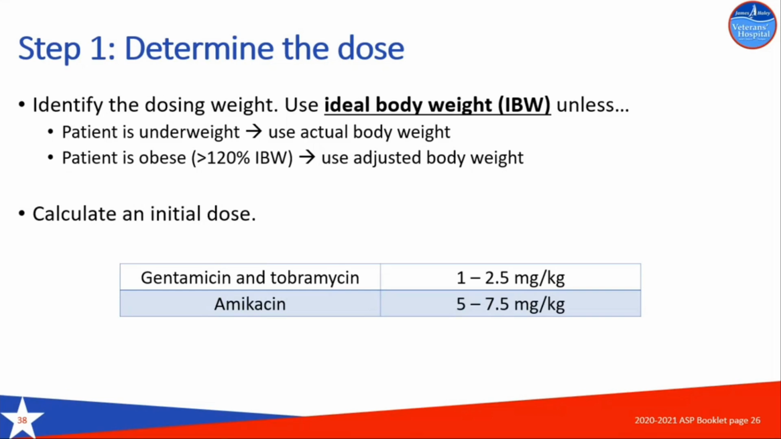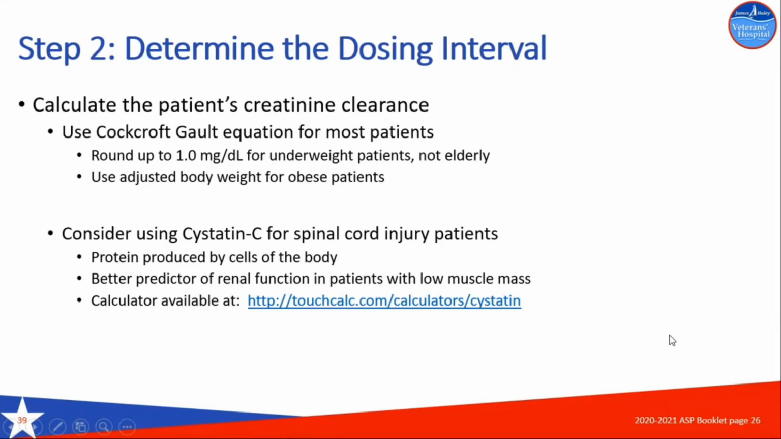When we calculate an initial dose, you're going to see that these doses are much lower than the ones that we used for the nomogram dosing. For Genta and Tobra, it's about 1 to 2.5 milligrams per kilogram. And for amikacin, we have anywhere from 5 to 7.5. The next thing you want to do is determine the dosing interval. First we're going to calculate the patient's creatinine clearance, and in most cases we're going to use the Cockcroft-Gault equation. If your patient is underweight, typically we want to round up the serum creatinine to 1,